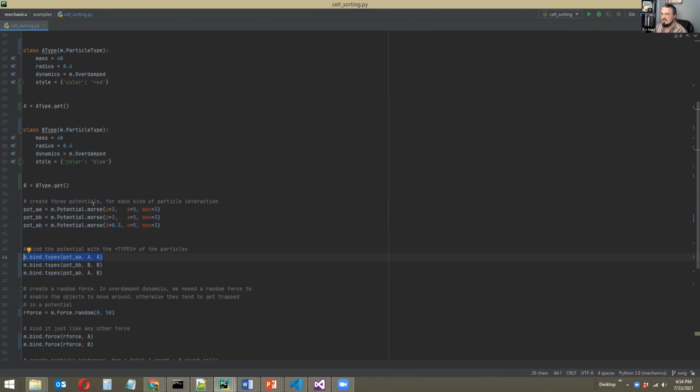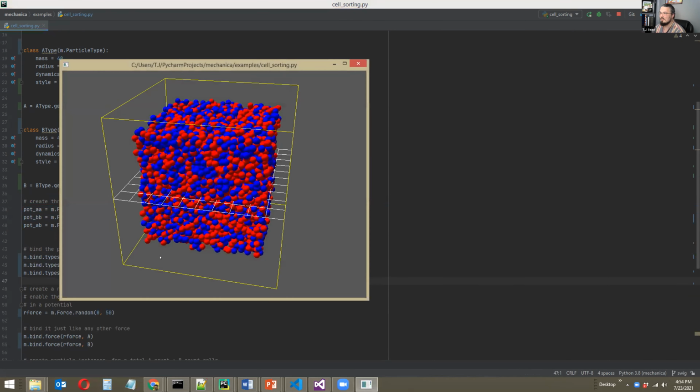In this case, taking a Morse potential with different model parameters and then associating them as interactions between pairs of particle types, A to A, B to B, A to B. And it looks like this.